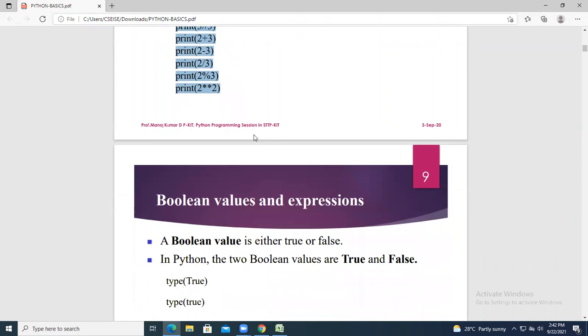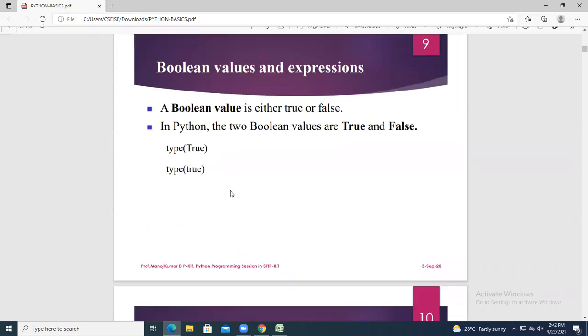Now come to Boolean values. A Boolean value is either true or false. In Python, the two Boolean values are True and False. If you want to represent it as Boolean, you can take type of True. True is a value of which type? Boolean type.